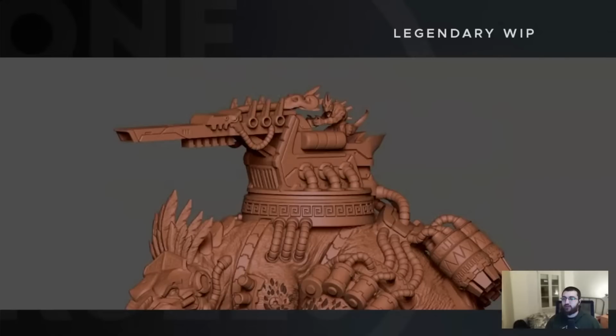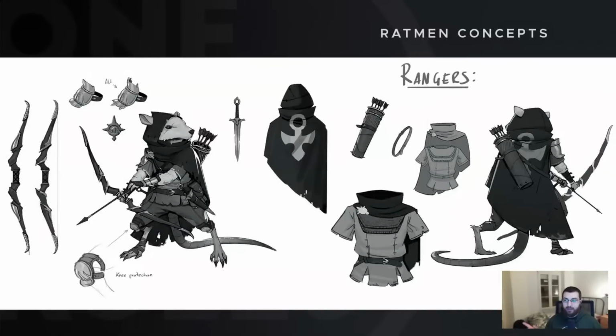Okay, cool. So now let's go to the concepts. Here we have concepts for March. So let's start with a unit that I actually think I added yesterday, that was not on the army list. So these are the Ratman Rangers. So the Ratman Rangers are,